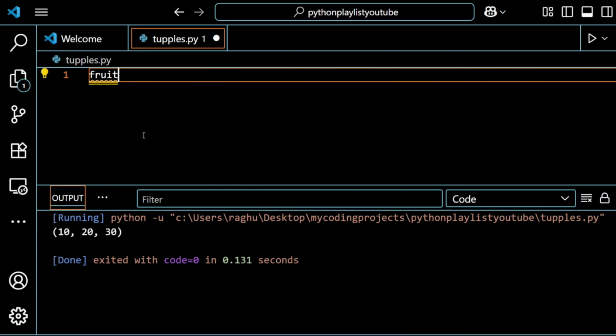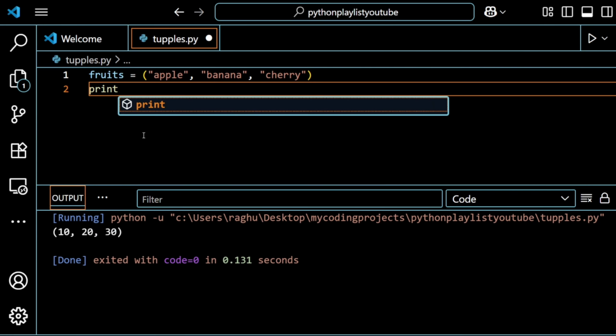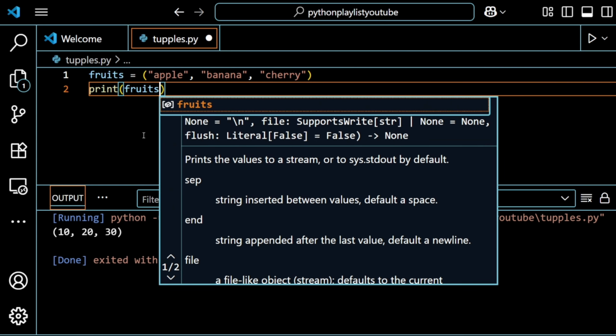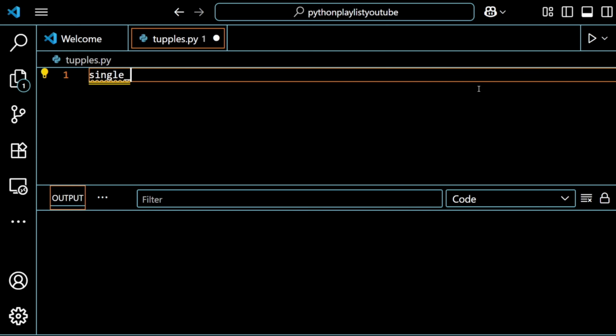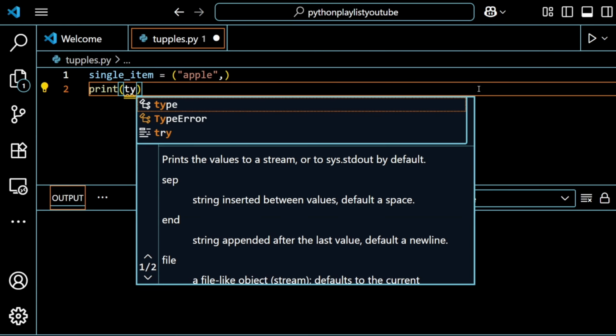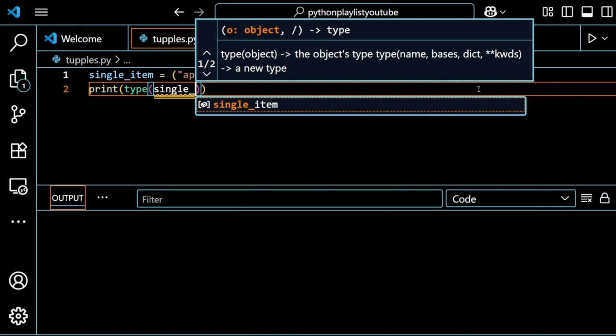How to create tuples? Creating a tuple is simple, just use parentheses instead of square brackets. fruits = ("apple", "banana", "cherry"). print(fruits). Here's a small gotcha: if you create a tuple with just one item, don't forget the comma. single_item = ("apple",). print(type(single_item)). # Output: <class 'tuple'>